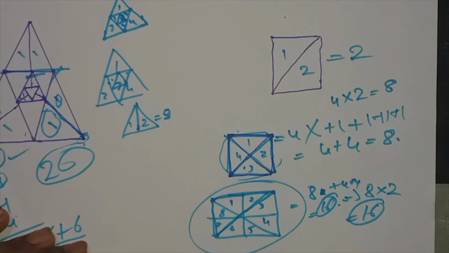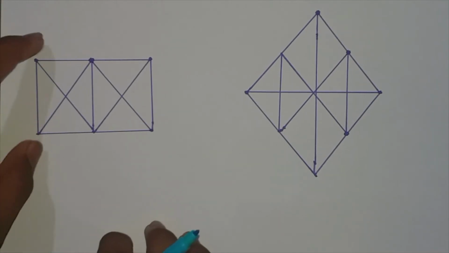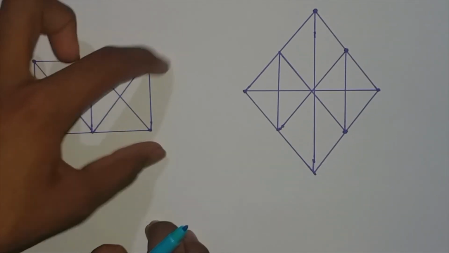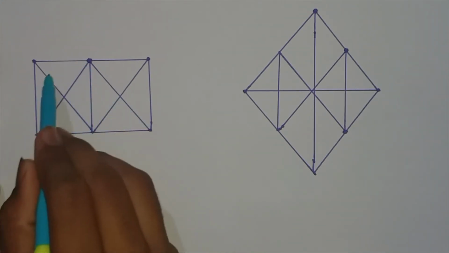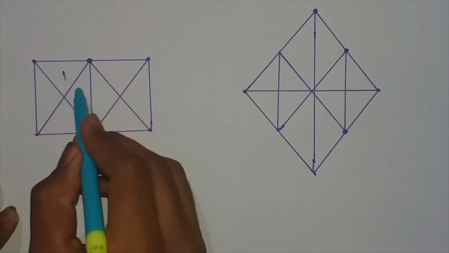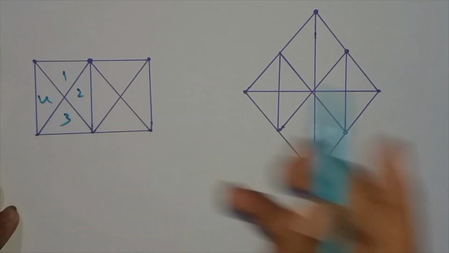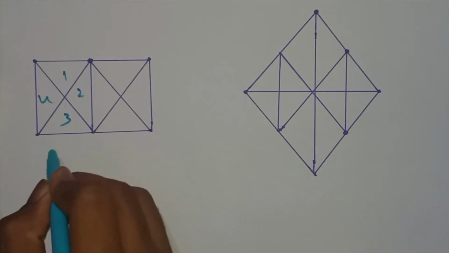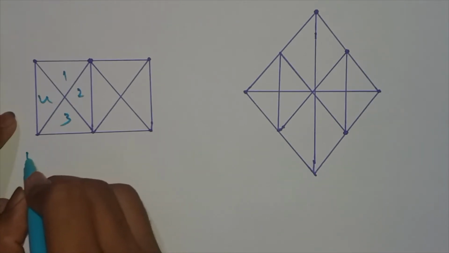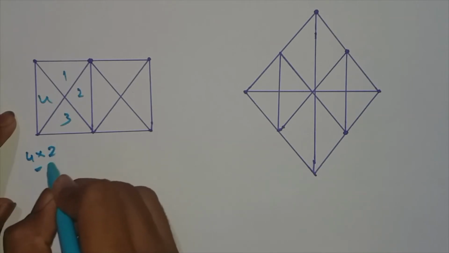We will solve tougher problems. So this is a given example. As I told you previously, in a square they have drawn triangles. This is in the shape of a square and it has triangles. So 1, 2, 3, 4. I have told you to double the sum or multiply it with 2. That means 4 into 2 is equal to 8.